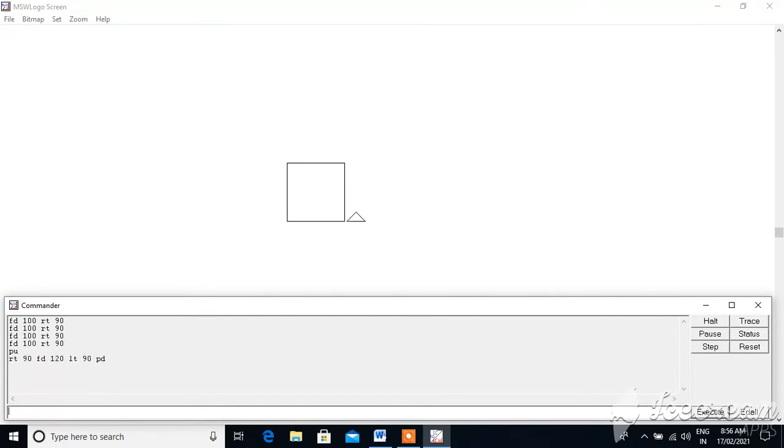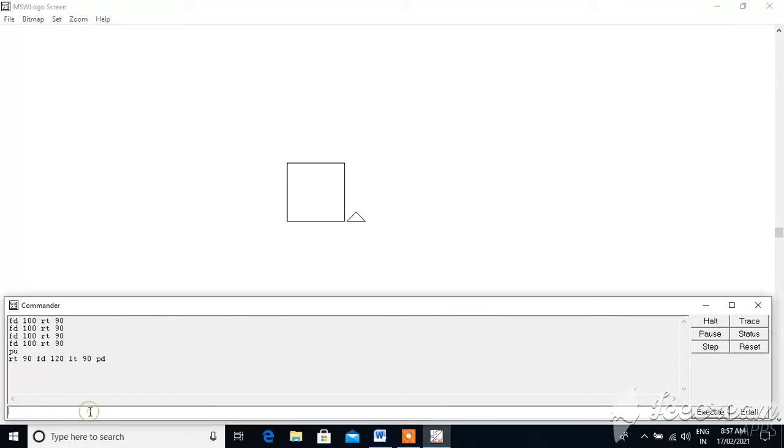See what happened: this turtle moved to a new location without drawing any line. Have you seen any line attaching to this square? So if you don't want to show any line on the screen, just use the PU command. And when the PU command is over, use the PD command.